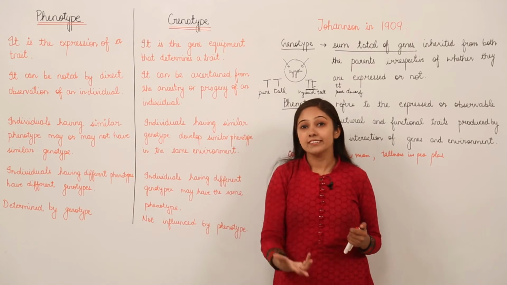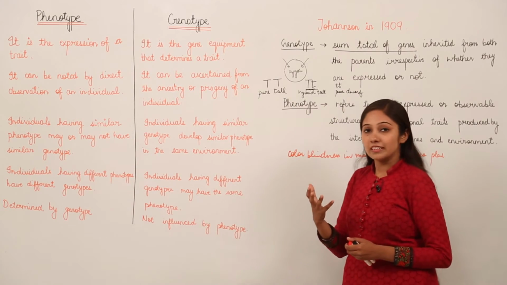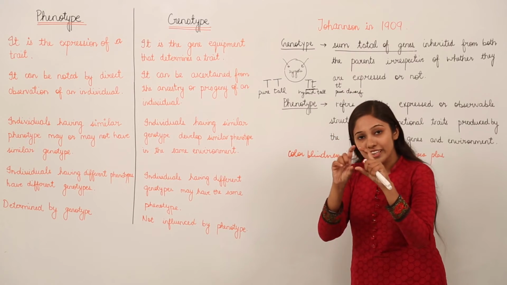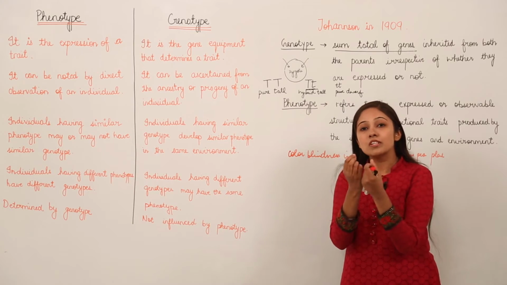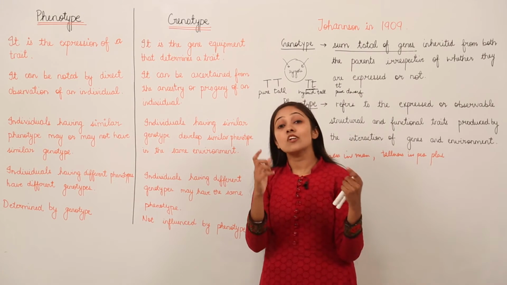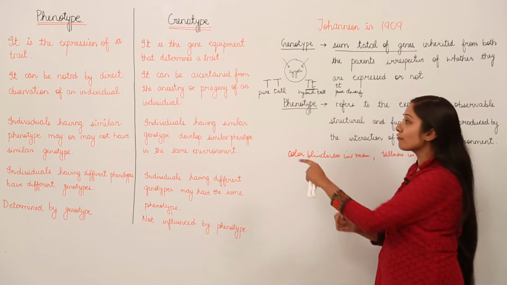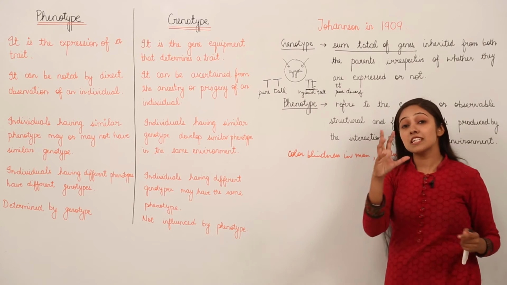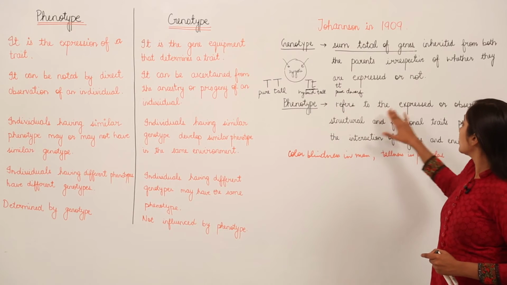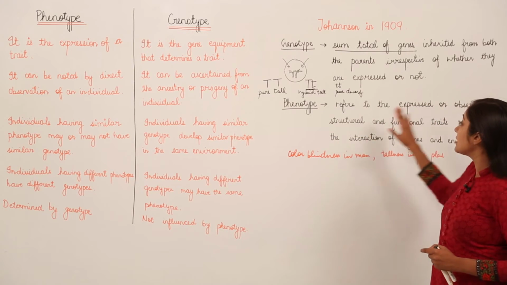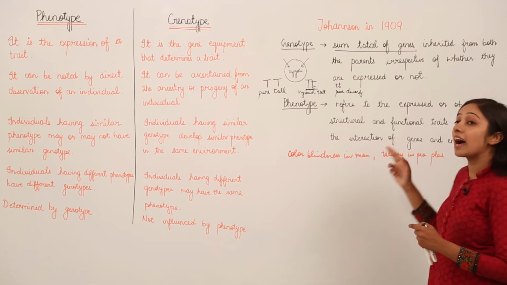What other example can you cite here? If you talk about blood groups, so many of you have got your blood group tested. In fact, all of us have our blood groups tested. What happens during blood group testing is some sort of test is done on a slide, they add some antigens, and after that you observe something. So blood group is an observable trait after we check it out. So this can also be an example of a phenotype character, because it is being expressed, it is observable. So phenotype refers to the expressed or observable structural and functional traits produced by the interaction of genes and environment.